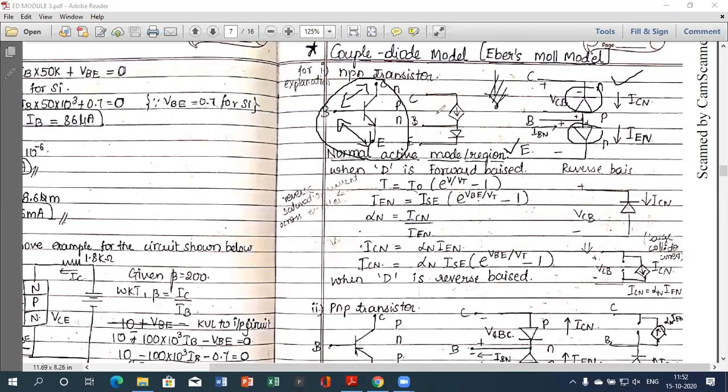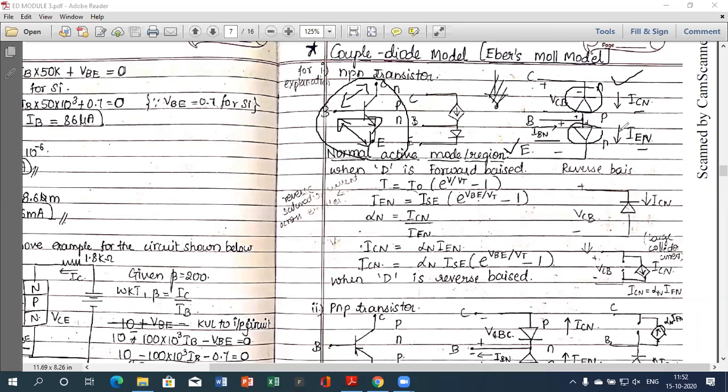Now the next thing, here it has three currents. They are base current, collector current, and emitter current. Here the directions of these currents depend on the direction of the transistor. So here the base current is applied to the base, this is the collector current from collector to the emitter, and this is the emitter current. These three directions depend on the condition where it operates. Here it is operating in normal active mode, hence these are the directions of current.